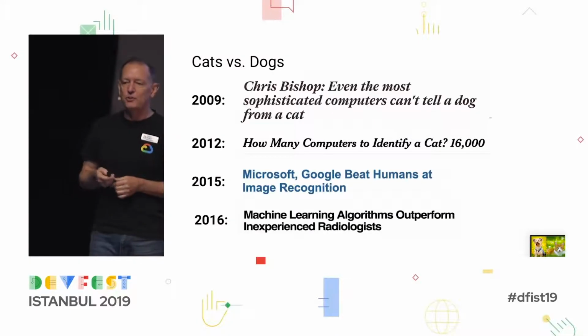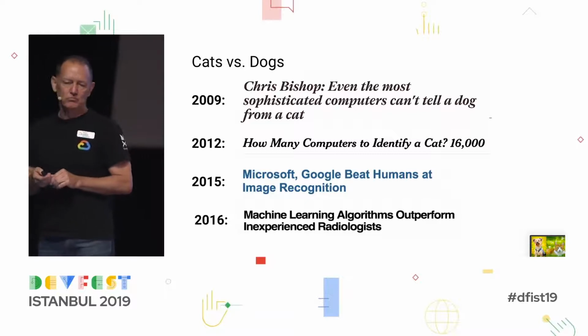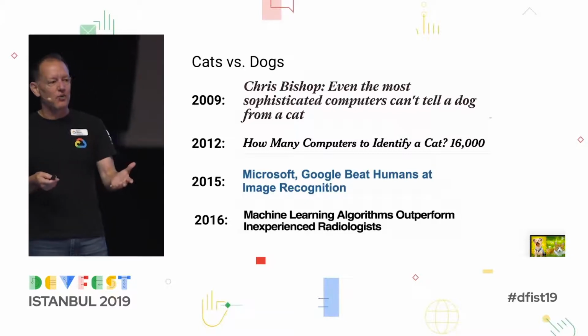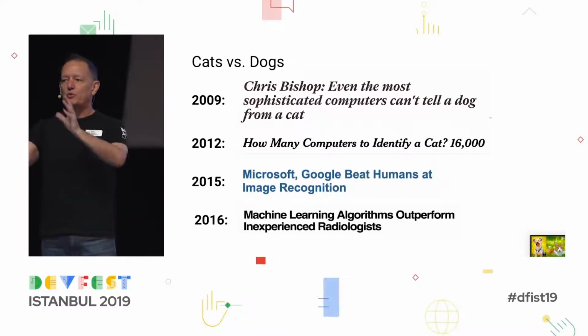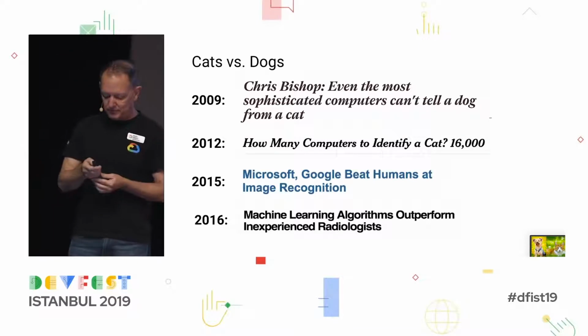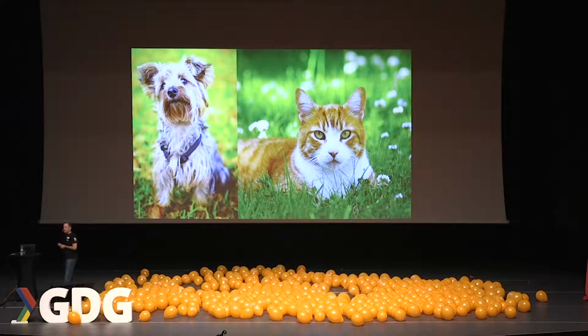Now, for problems that can't be solved at all, there's a classic example of trying to distinguish between a cat and a dog. This is something any 2-year-old can do with almost perfect accuracy, but computers, up until even about a decade ago, were terrible at it. Using traditional programming to analyze what features in the image distinguish between a cat and a dog ended up being very, very challenging. But you can imagine why doing procedural programming to distinguish between a cat and a dog might be a challenge. I mean, they both have 2 eyes, a nose, 2 ears, they're furry, they have 4 legs.